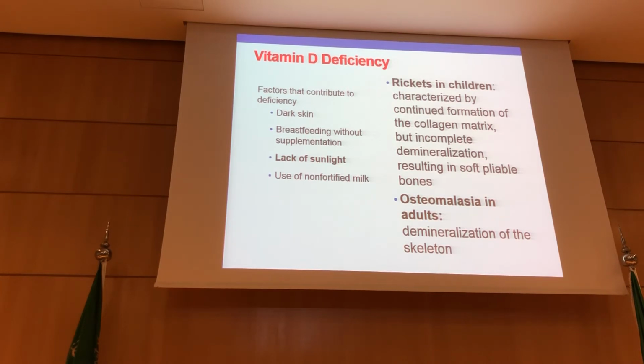Yes? Why does dark skin? Because the sunlight, you know that dark skin cannot absorb sunlight. No. Now, when you have two persons going to the beach, one is white and one has dark skin, you know that the white will get burned, whereas the dark skin will not get burned from sunlight. Because of the absorption of light. So the dark skin will prevent the absorption of sunlight, and that's why the formation of vitamin D will be affected.